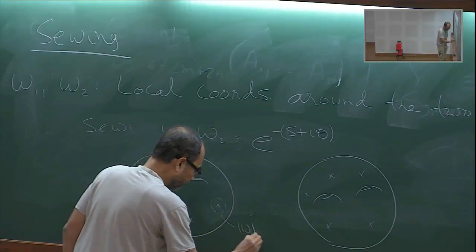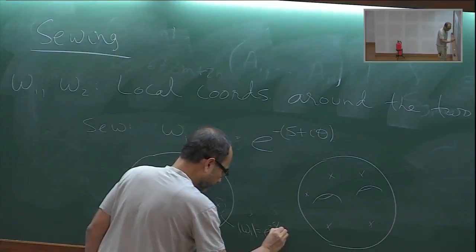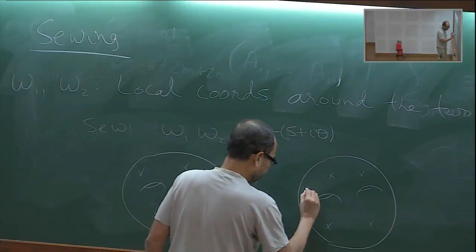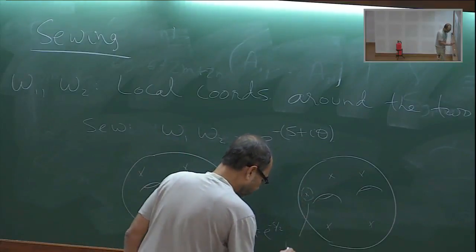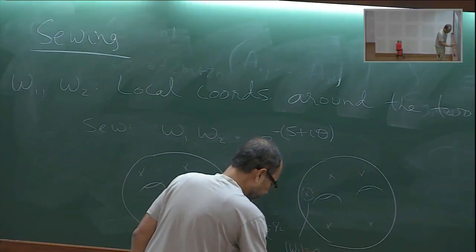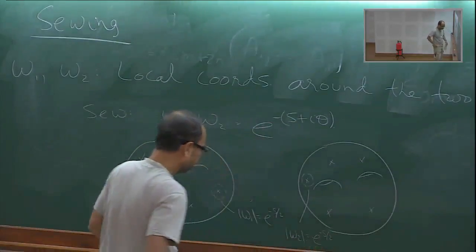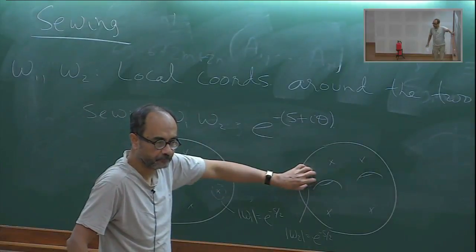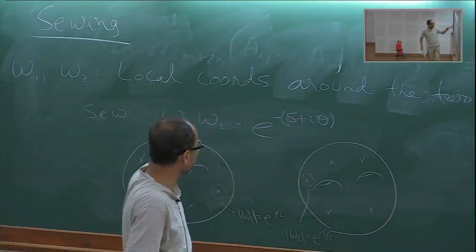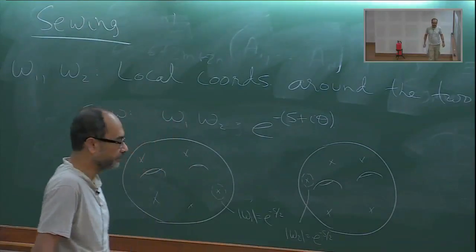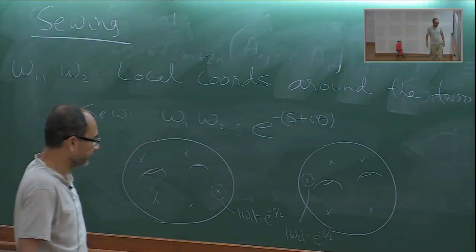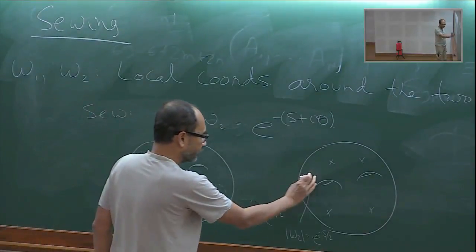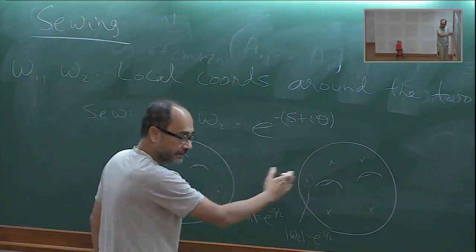which is at mod W1 equal to e to the minus s by 2. Here you cut out a circle which is at mod W2 equal to e to the minus s by 2. And then we identify these two circles. That's what this means. So once you identify these two circles, you have got a big Riemann surface now,